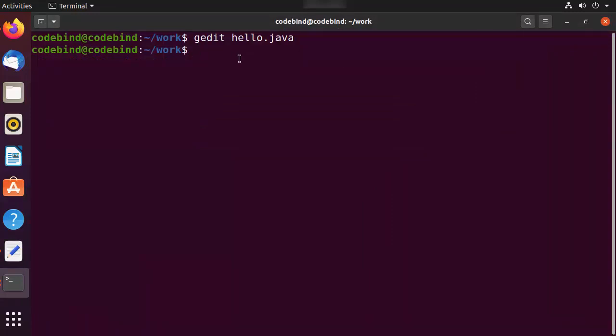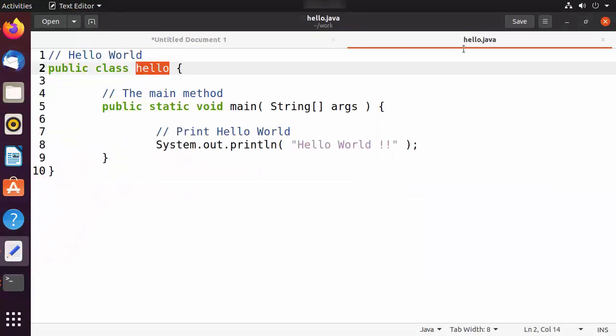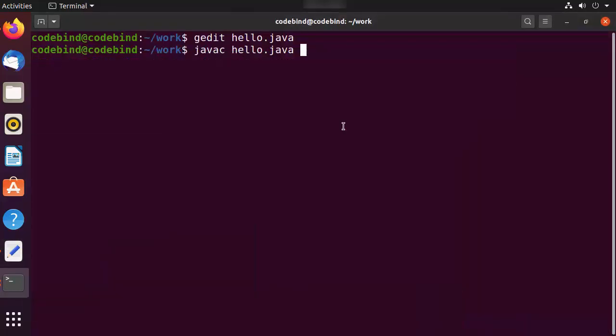And once you have this program, you just need to give this command, which is javac and the name of your file, which is hello.java. One thing to notice here is that your class name and the file name should be the same. So in this case, my class name is hello and my file name is hello.java, right?